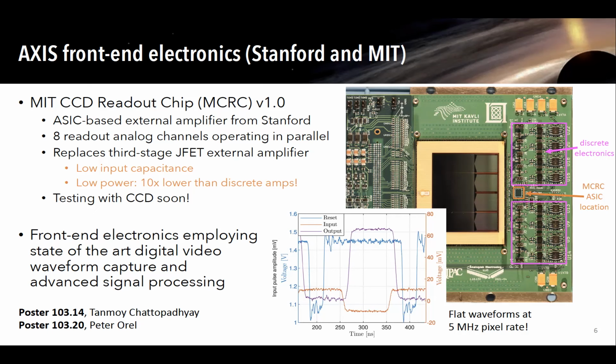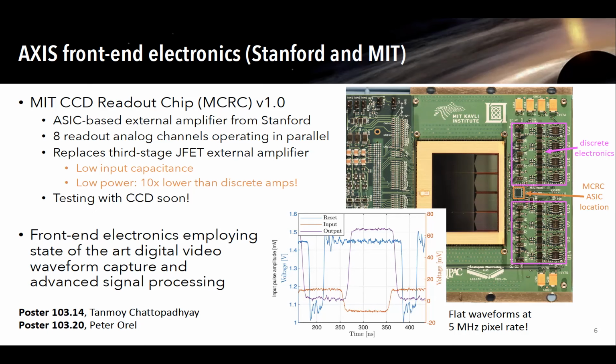But the testing that's been going on at Stanford is shown in this inset here. This is showing waveforms of the signal, both input and output, in the ASIC. And you don't really have to understand what's going on there. These are just voltages. The key here is that the voltage changes are very quick, and the tops and the bottoms of the waveforms are very flat.